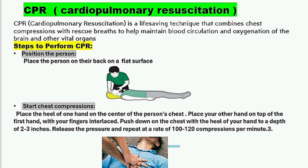Friends, CPR, cardiopulmonary resuscitation, is a life-saving technique that involves two methods: chest compressions and rescue breaths. First, place the person on a flat surface. Then place the heel of one hand on the center of the person's chest. Place your other hand on top of the first hand with your fingers interlaced. Push down on the chest with the heel of your hand to a depth of 2 to 3 inches